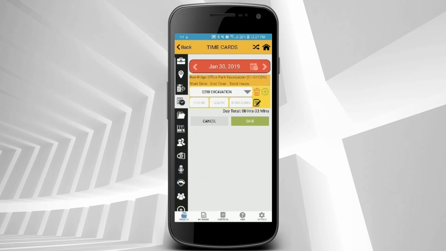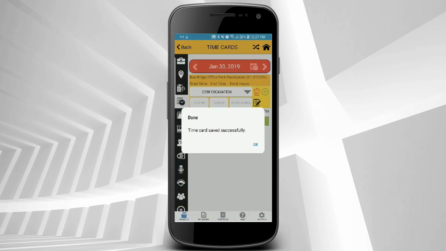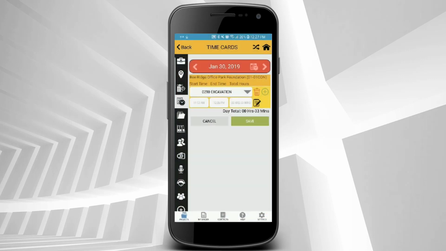Now, one of the questions that we get a lot in regards to mobile is, what if somebody happens to forget to clock out? Well, no worries on that piece, because we have a very nice feature that as a person leaves that geofencing area, they'll get a notification that pops up that says, hey, you're leaving the geofence area. Do you want to clock out? So they get a really nice reminder that they need to do that.